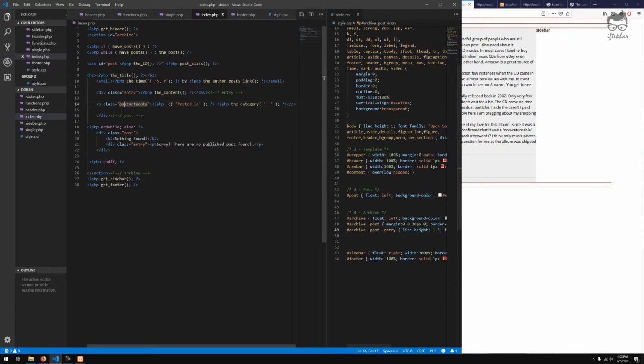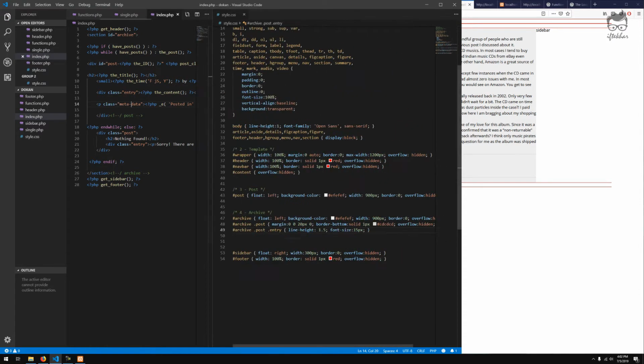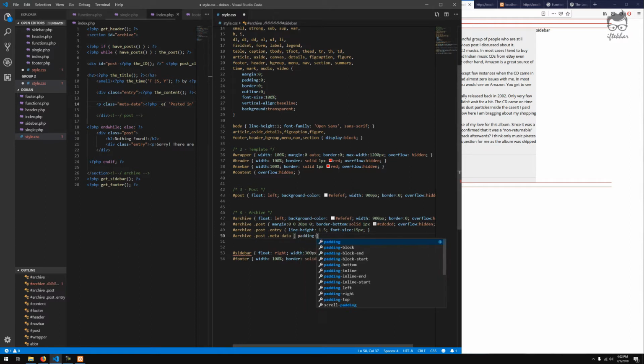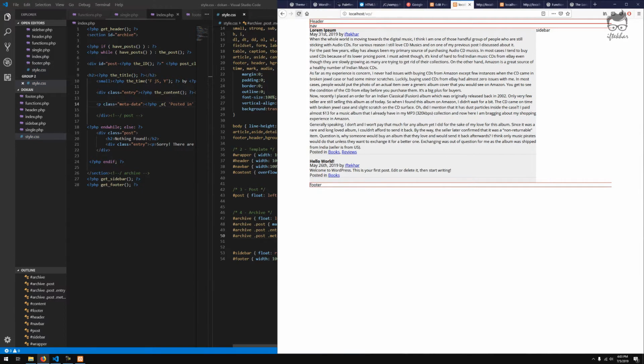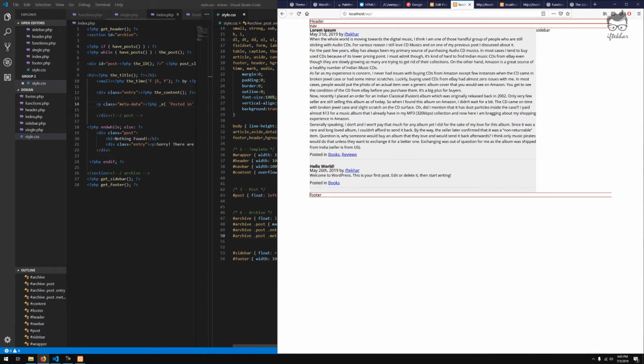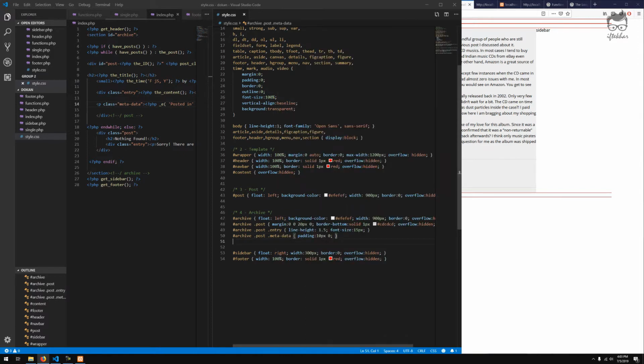As you can see over here, it shows post metadata. We can just simply style it like this, and let's do it over here like this. 10 pixel, and this one's supposed to be 0. Let's just separate them a little bit so that they have a little more space to breathe. And also for the p tag within the entry section over here,